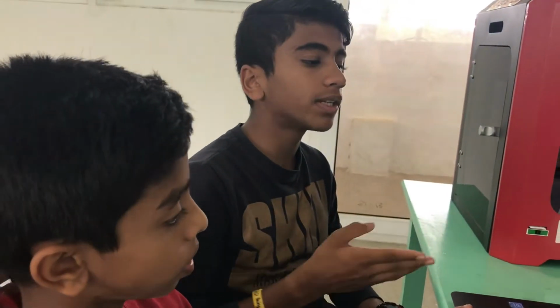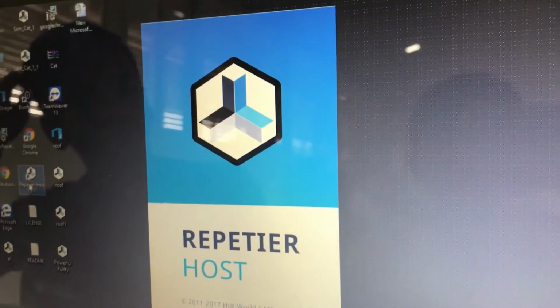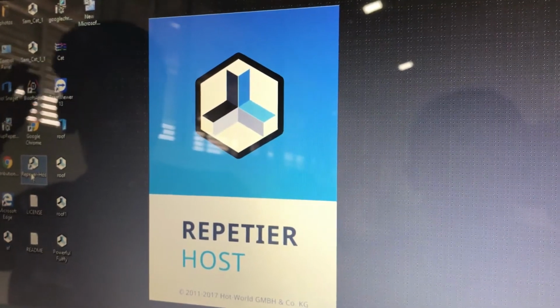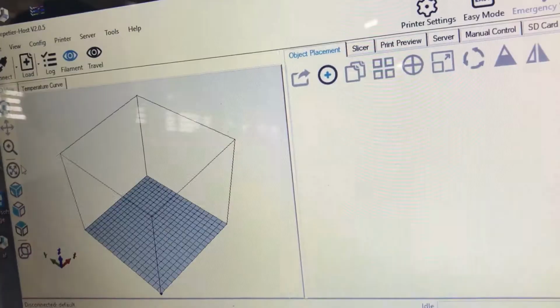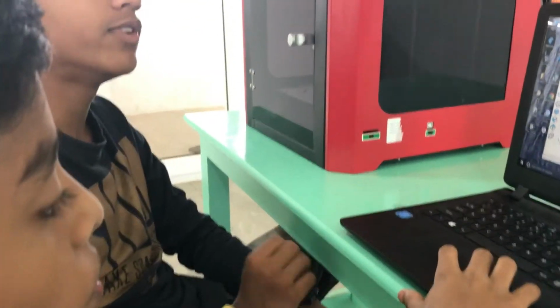Now open the Repetier-Host to export our STL file to G-code. Load the object we have made.